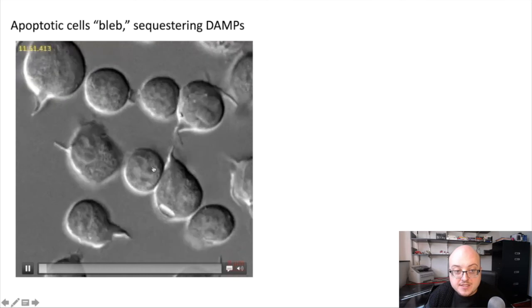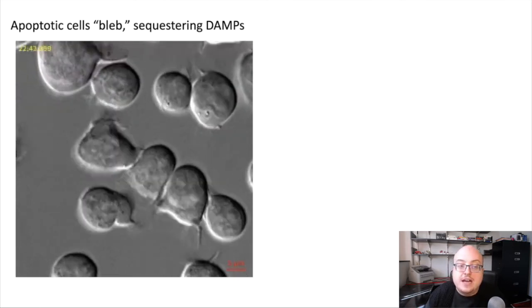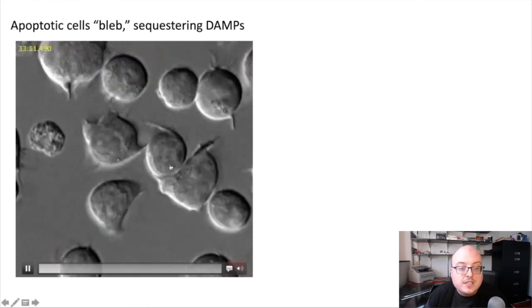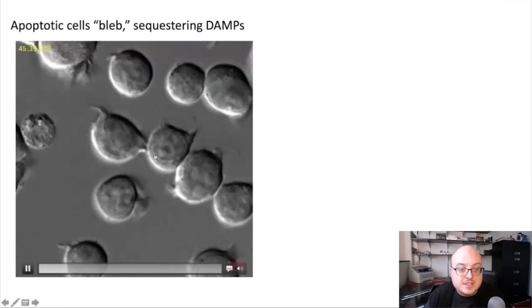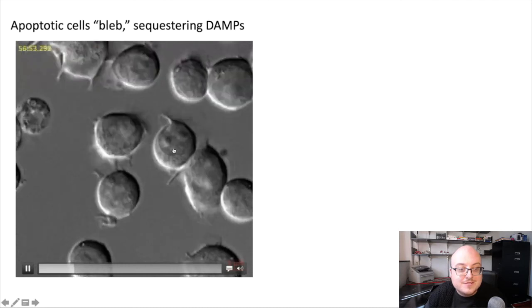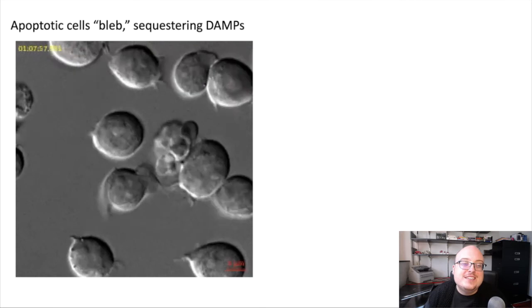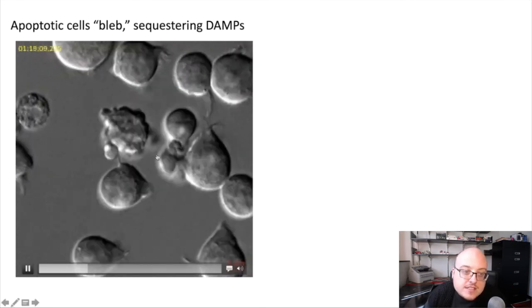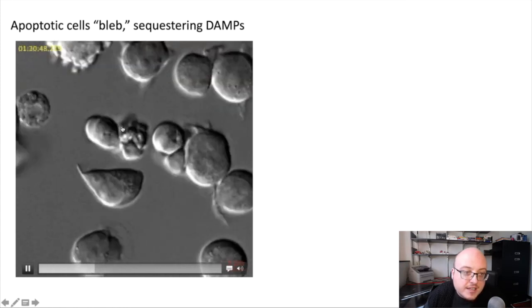So we can see the process of apoptosis in action under the microscope in this video. If you pay attention to these cells, they've been treated with a chemical stimulus that's going to induce them to undergo apoptosis. So we're going to see them start to condense a little bit, but eventually they're going to start to bleb and throw off those membrane-bound vesicles that I was mentioning before. I think this cell gets started first. Wait for it. There we go. So you can see that it almost has the appearance of boiling, but you can see all of these little round membrane-bound vesicular structures. Now this one is doing it.